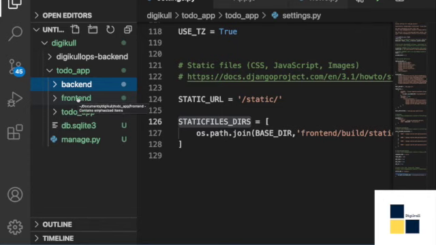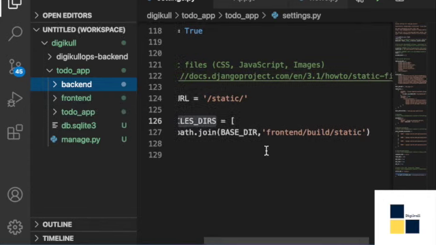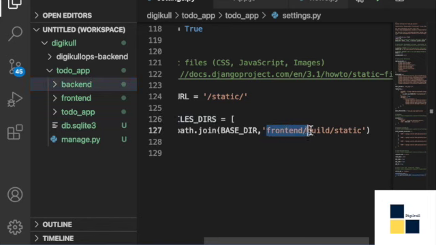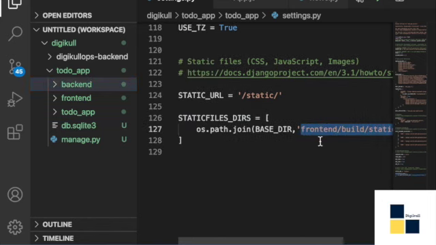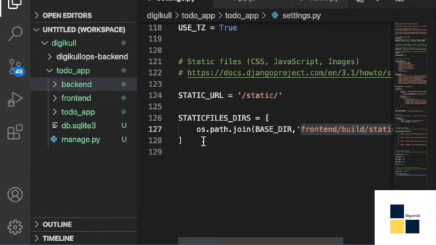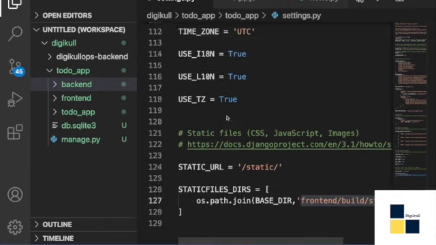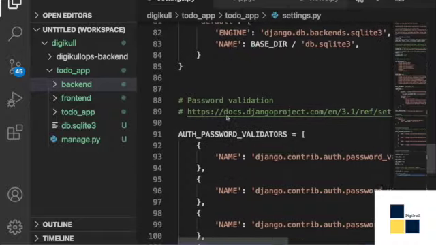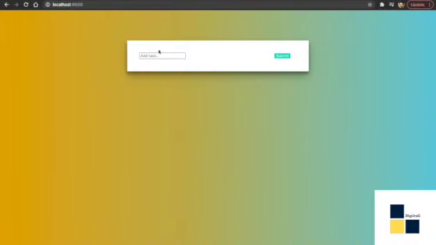We just have to create a build, and the path to that build we need to pass in our settings.py file. That React project is rendered inside our Django project. This is how you create a complete React application.